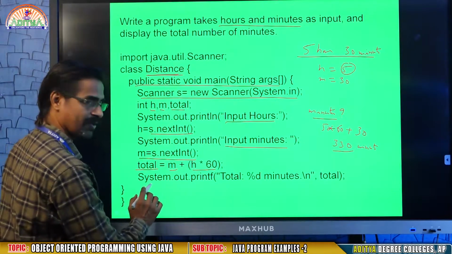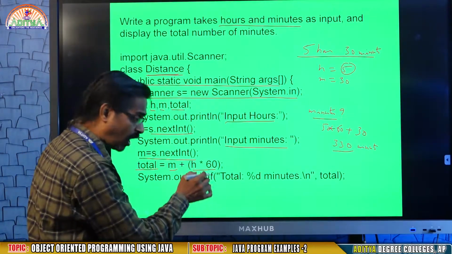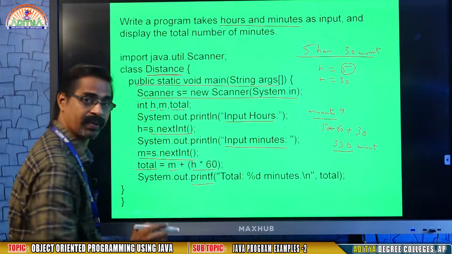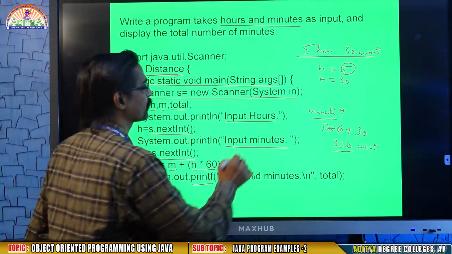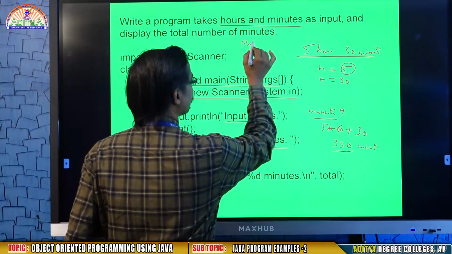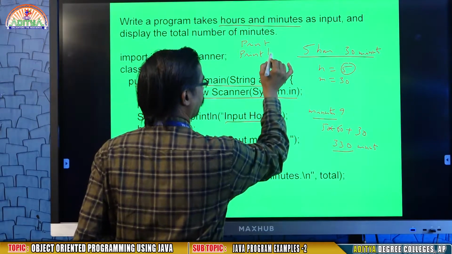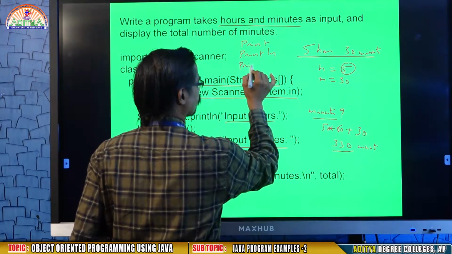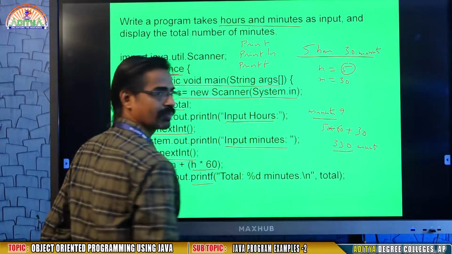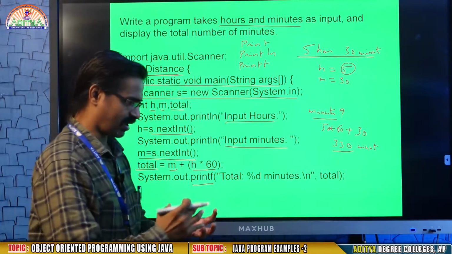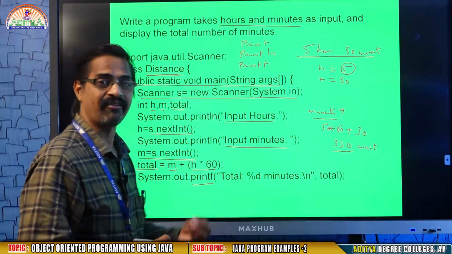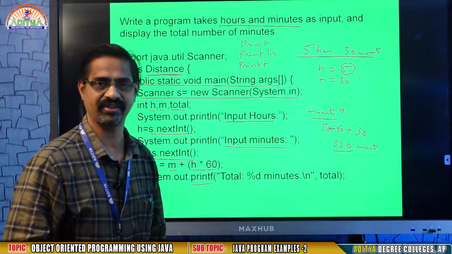Now I am printing with System.out dot, not println, I am using printf, because print is there, println is there, printf is there. A lot of students are aware of the printf statement in C language.